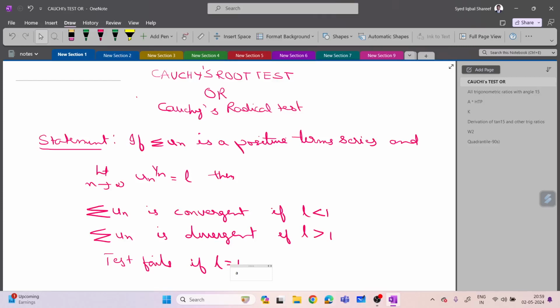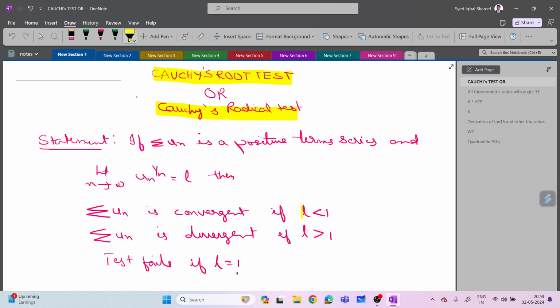Hi everyone. Today we'll discuss the Cauchy root test, or Cauchy radical test, or simply radical test. The statement says: if Σ un is a positive term series and the limit as n tends to infinity of un whole to the power of 1 by n equals L, then